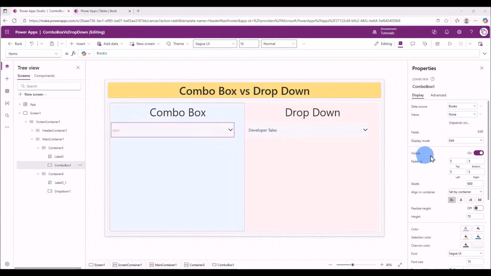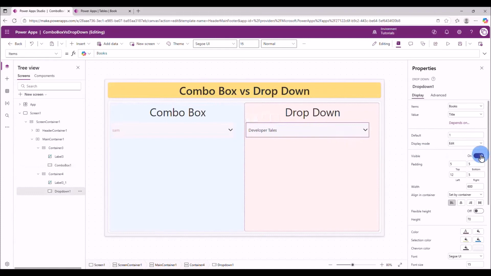There is also the visible property on both of them, so you can turn it on and off. If turned off, then the control becomes invisible. Available for both